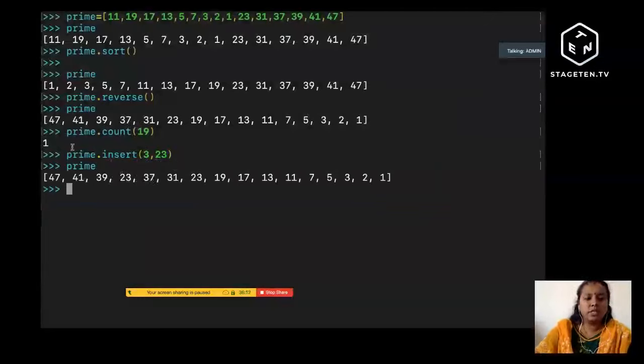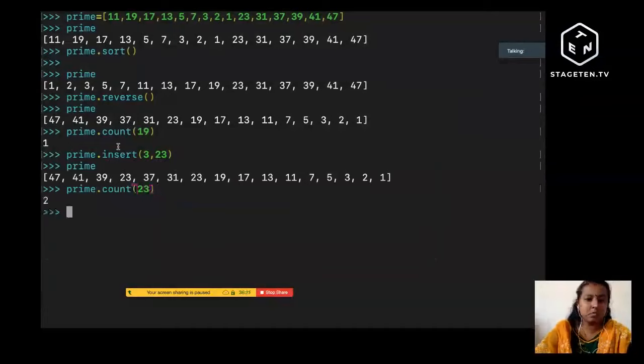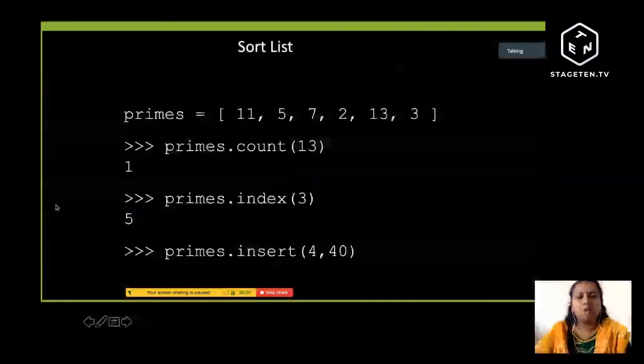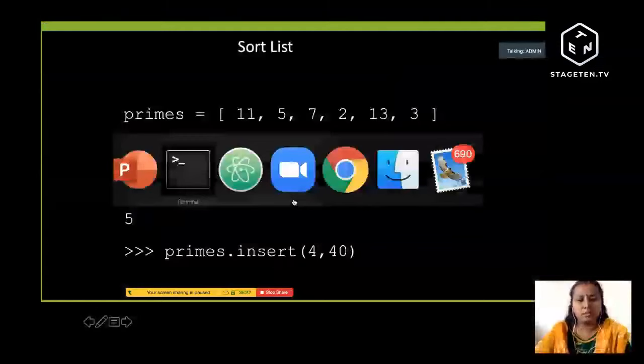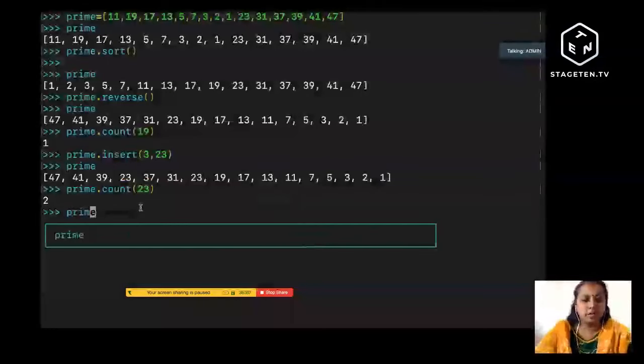So you can check the count now for the number 23. So the 23 number is repeated 2 times. So you will be getting the count of 2 over here. Then you can find the index of any number here. If you want to find the index of the number, then you can find it with